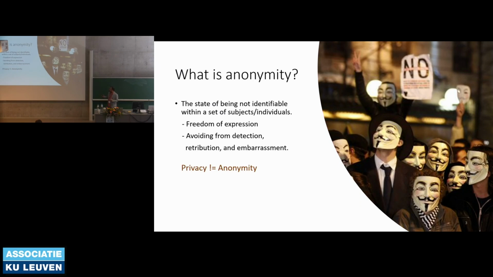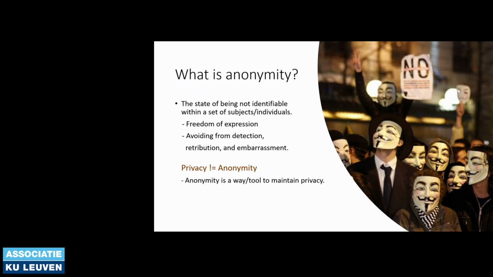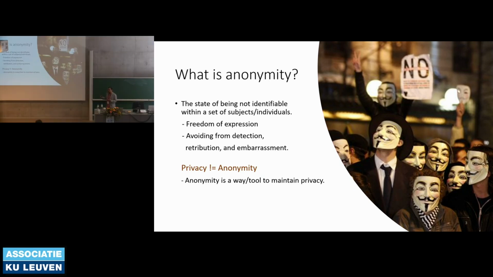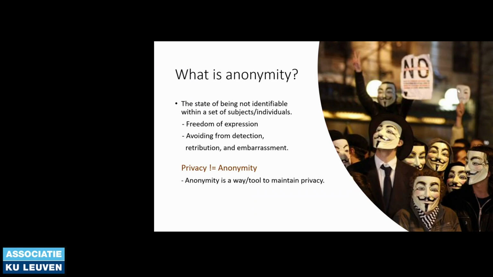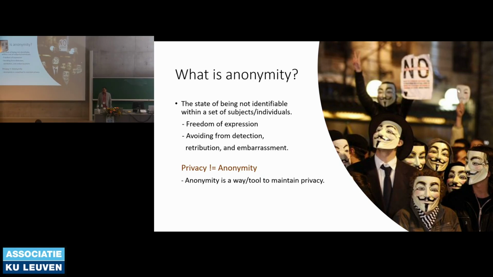So anonymity is a subset of privacy, but privacy is not just anonymity. Privacy is many more things, but anonymity is one of the tools to achieve privacy. And more precisely, anonymity is one of the tools to achieve metadata privacy. But metadata privacy could be many other things other than anonymity. For example, every morning at 8 a.m., you open your laptop. That could be the metadata. That does not have anything to do with anonymity, but still that information might be used against you. So anonymity is a subset of metadata privacy, I would say.